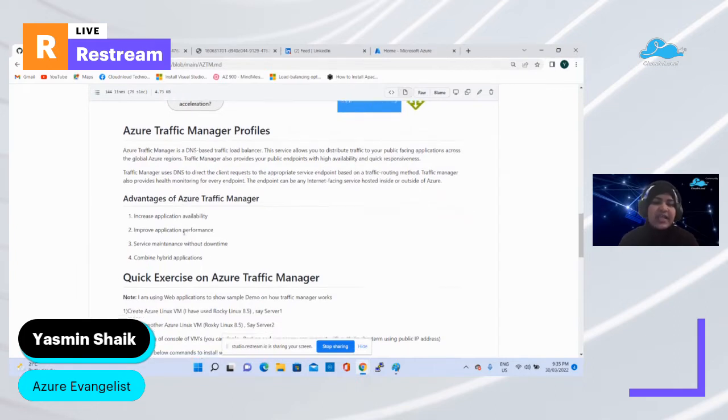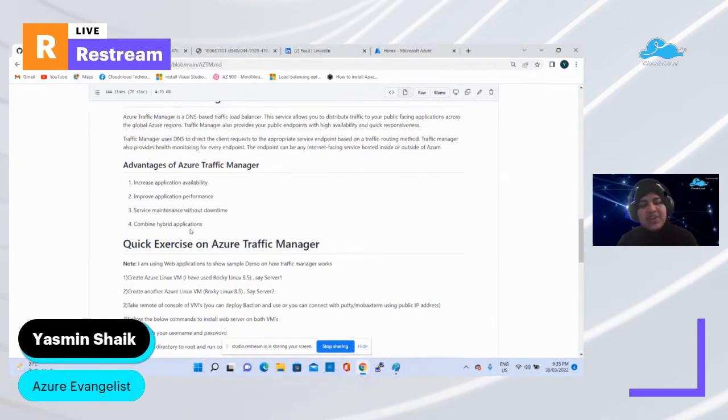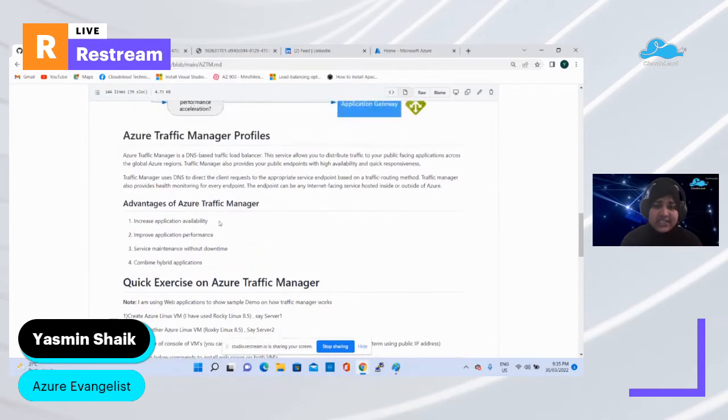The other advantage of going with Azure Traffic Manager is hybrid applications. Hybrid applications means that not only Azure, but if you have applications on premises and you have attached them to the load balancer, then this load balancer will distribute the traffic not only to the Azure regions, but also to your on-premises applications as well.